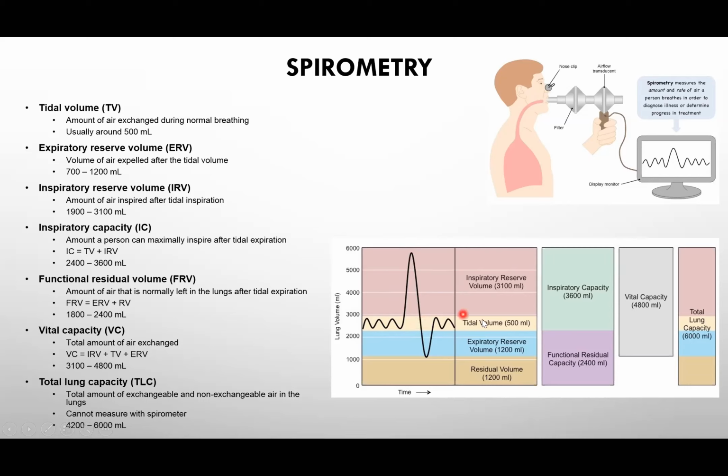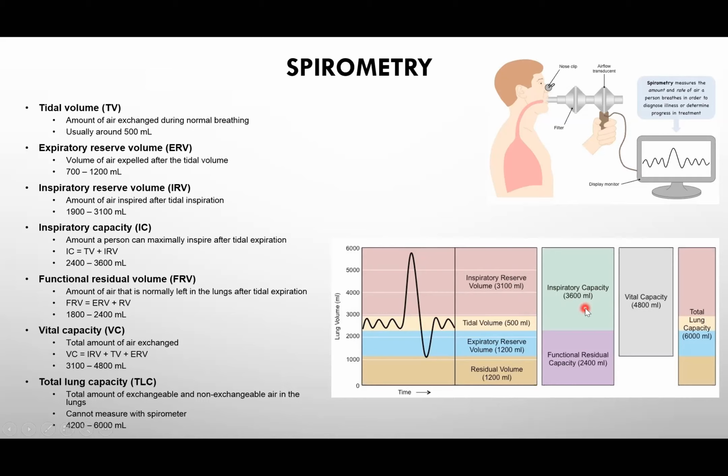So that brings me to the inspiratory capacity. Say that you breathe in 500 milliliters of air and you breathe out 500 milliliters of air. And then take that huge, big, deep breath in. That huge, big, deep breath in is your inspiratory capacity, the biggest amount of air that you can take in. All right, and so that's the tidal volume plus your inspiratory reserve volume. And that in this example is 3,600, because you can see 3,100 and 500 added together gives you that inspiratory